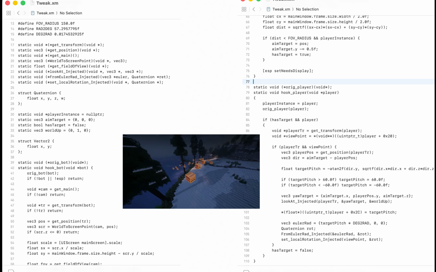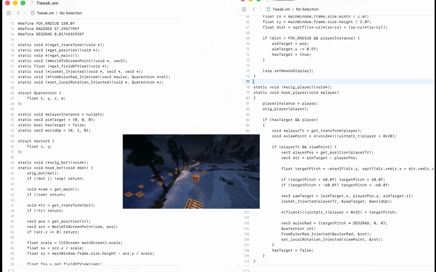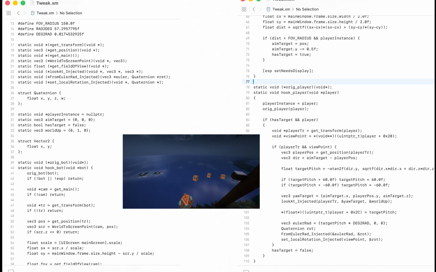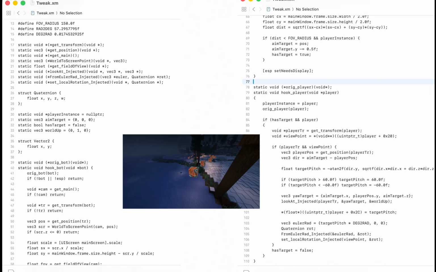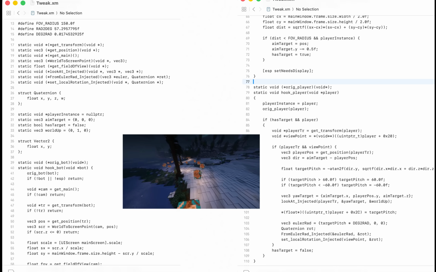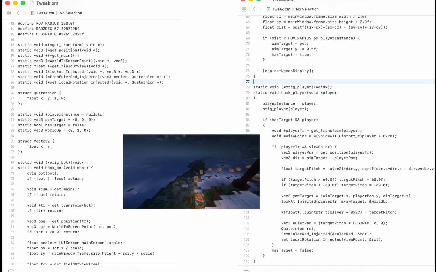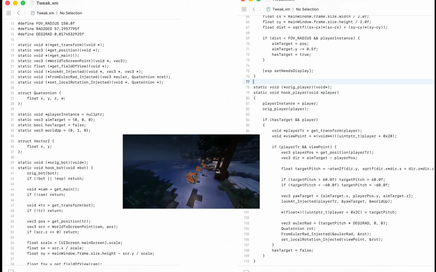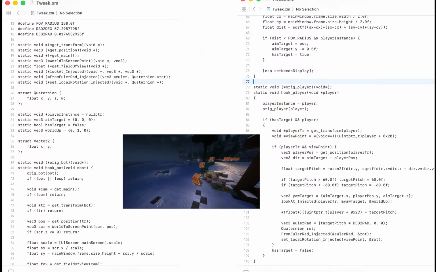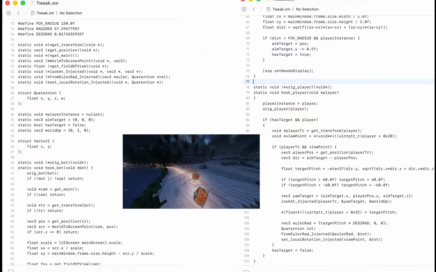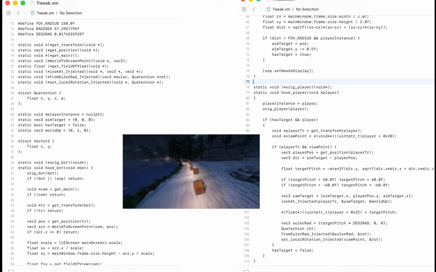Inside HookBot, we immediately guard against nulls to avoid crashing. No bot, no camera, no transform means no work. Then we fetch the bot's world position from its transform via get_position, and run that through WorldToScreenPoint to obtain projected screen coordinates and the depth. Depth is crucial because a negative z indicates a point behind the camera, and pointing towards such a position would cause erratic yaw and pitch flips. So we exit early when